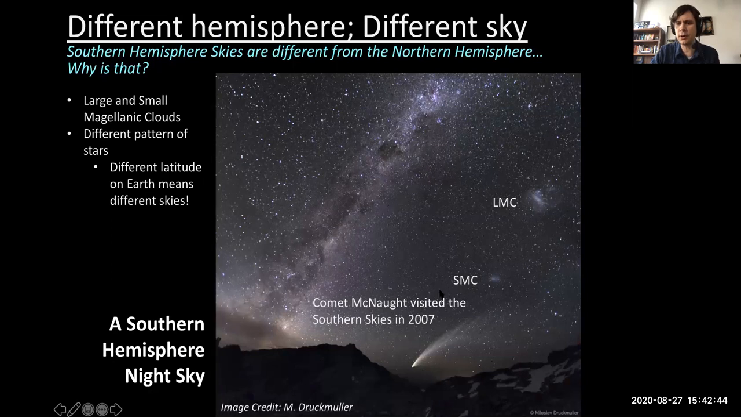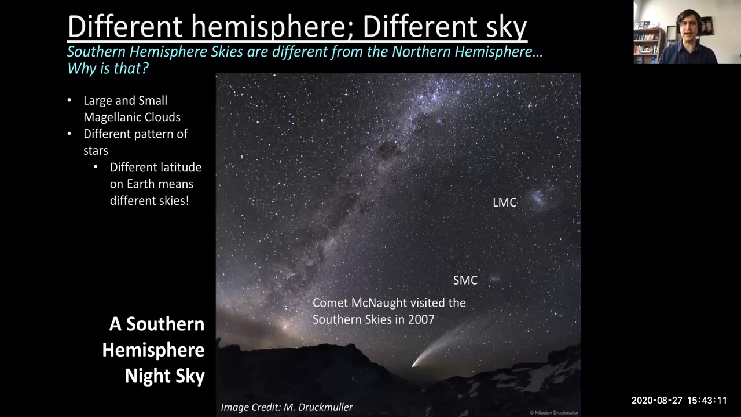You might also notice that there are some of these strange cloud-like features called the Large Magellanic Cloud and the Small Magellanic Cloud, or LMC and SMC for short, which are satellite galaxies of the Milky Way. Just like the Earth has a natural satellite, the Moon, the Milky Way has satellite galaxies. And these are two of the closest satellite galaxies. We can't see them in the northern skies, but if you're in the Southern Hemisphere, you can look up and